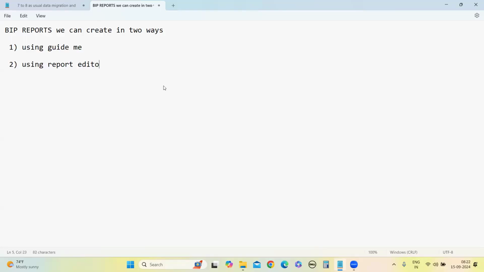So, BIP reports we can create in two ways. One, using guide me. Second, using report editor. So using guide me option and using report editor option. Okay. So let's say